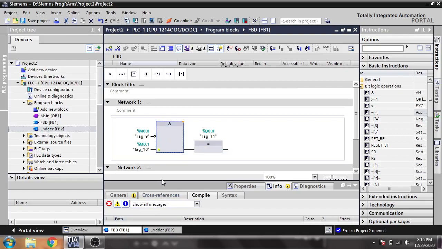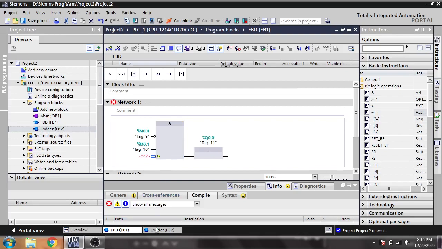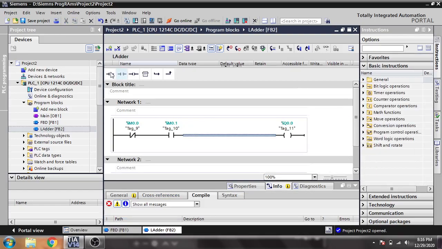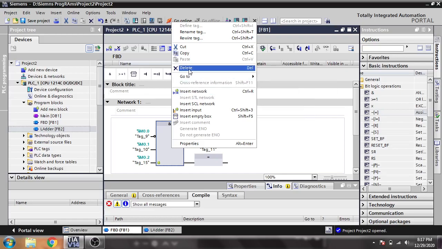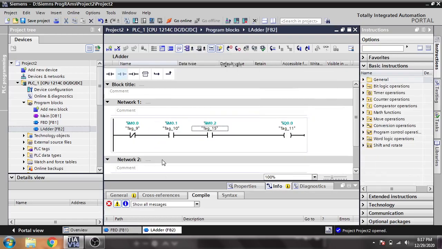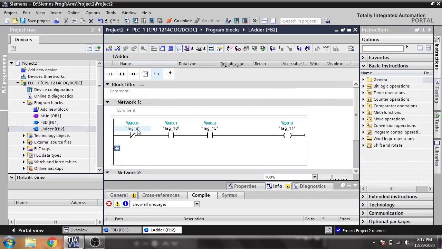If I need more, I just enter it there, and you will see I added one more. I'm going to name it M 0.2 and paste that M 0.2. Now if I'm going to use an OR gate, first I'm going to show you.